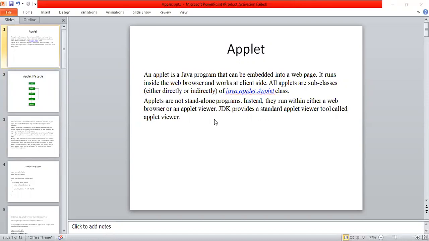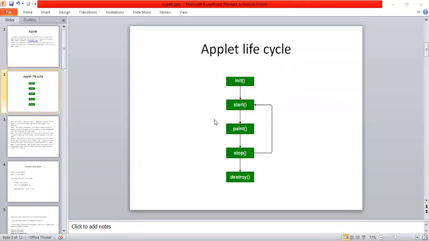Now we'll discuss the life cycle of an applet. The life cycle of an applet is represented by the following: init, start, paint, stop, destroy. Init is a method which is used for initializing an applet, and then we have the start method.